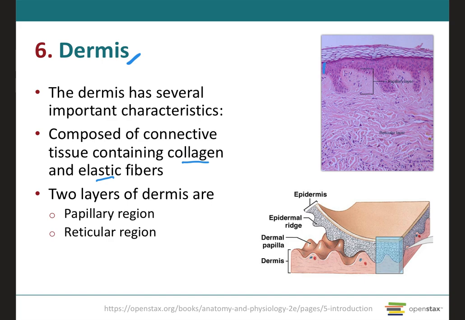Notice how the epidermis is this darker area of the image, and the rest is all the dermis. And this thickness is going to vary from region to region in the body, reaching its greatest thickness on the palms of the hands and soles of the feet. The dermis has great tensile strength, which means that it's going to be resistant to pulling and stretching forces. It also has the ability to stretch and recoil easily, which means that it stretches and it goes back to